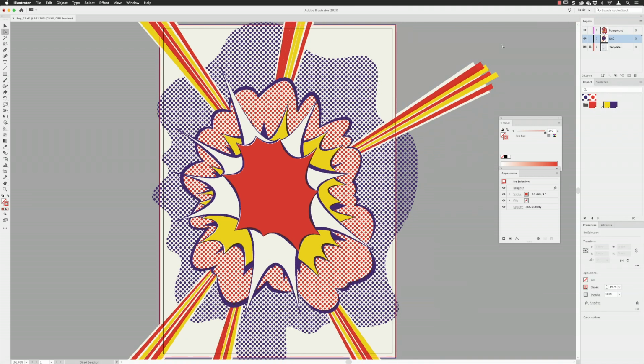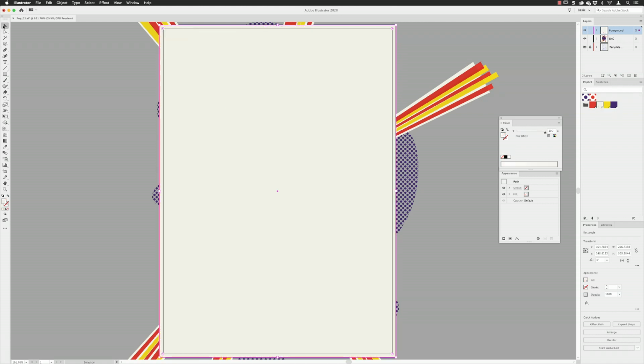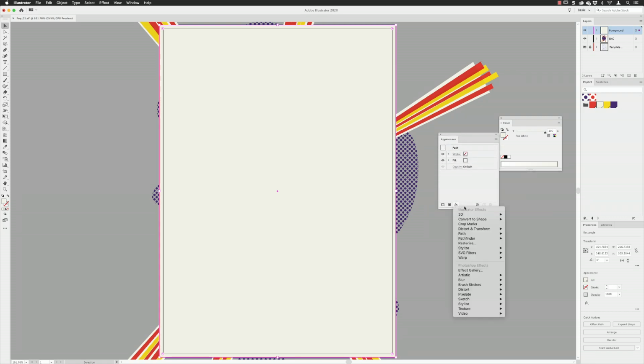Final thing then is to create, again, another print type effect over this. This needs to be applied to the foreground layer. Again, I'm going to pick up my rectangle tool and draw a rectangle that goes across all of the artwork in here, right out to the bleed line. And then need to make sure that I remove the stroke, go to the fill, set that to white, or the off-white in there. And then I'll need to go to my appearance panel again, down to effects, and then